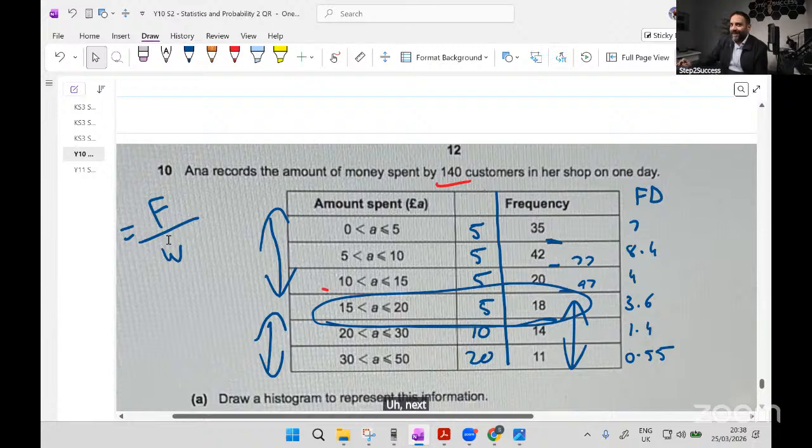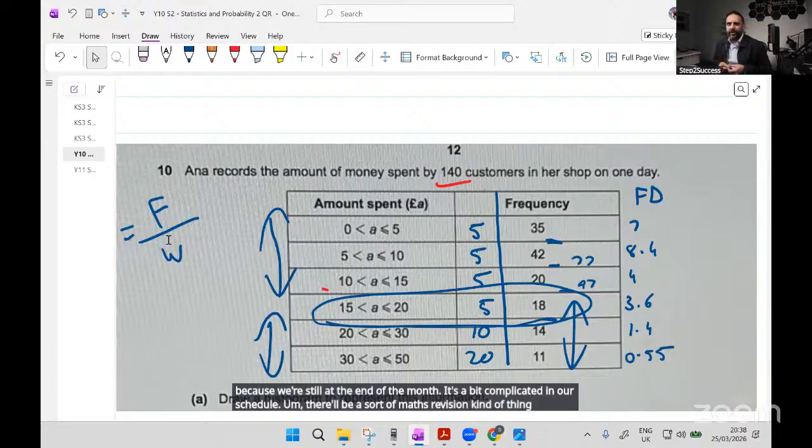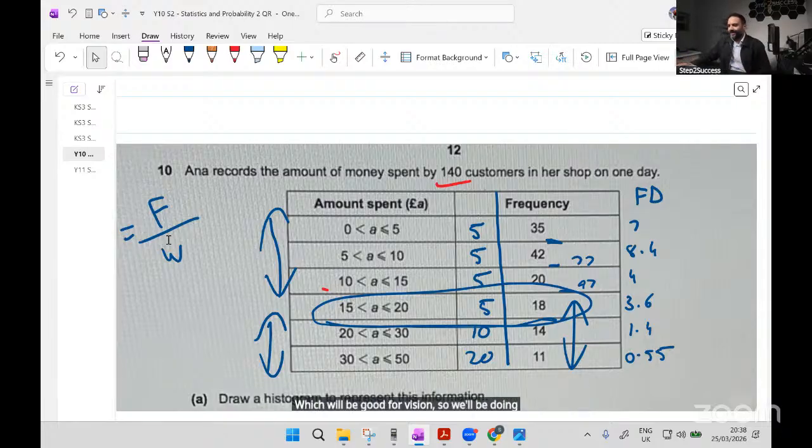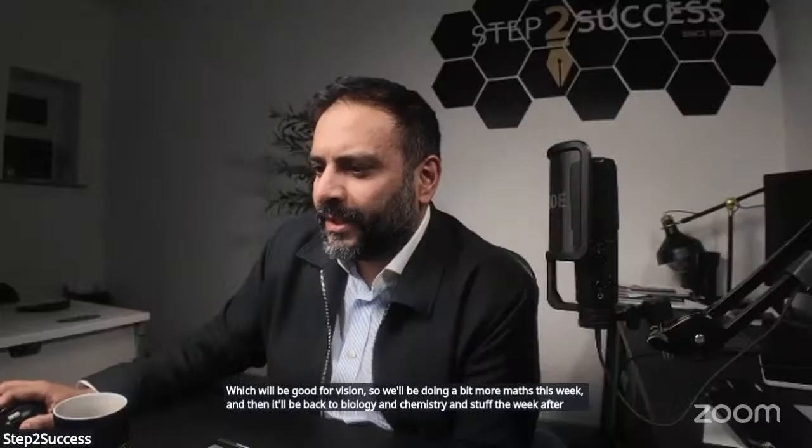Next week, on the weekend at least, you are actually doing some more maths stuff because we're still at the end of the month. It's a bit complicated, our schedule. So there'll be a sort of maths revision kind of thing. For the year 10s, year 11s, we'll probably have some sort of papers and stuff for homework, which will be good revision. So we'll be doing a bit more maths this weekend. And then I'll be back to biology and chemistry and stuff the week after that. So I think that's enough for